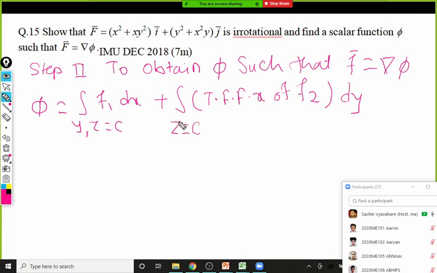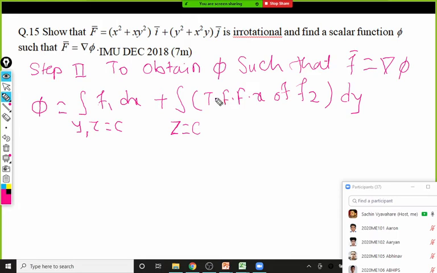Now let me come first of all. How many terms are there in f2? Anyone? So you'll observe there are two terms. The terms are separated by plus and minus sign. So y square is one term, x square y is the second term. So these are the two terms we have. F1 also has two terms. Okay, x square y is considered as a single term because it is in multiplication.